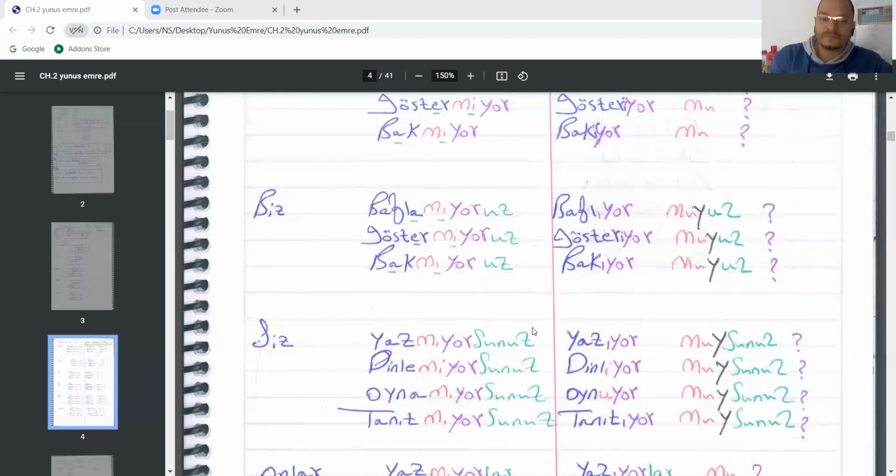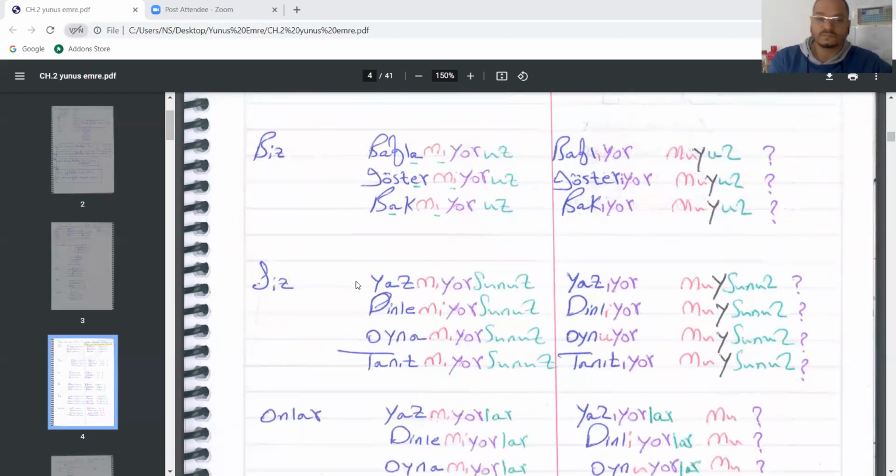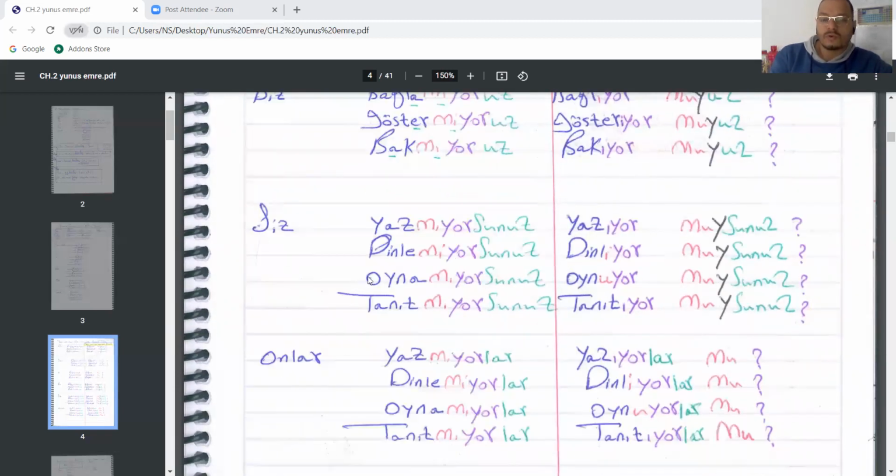For biz, I will put delta z, like I said before, and because yor here is constant, it will be yoruz, with uz. To be bağlamıyoruz, göstermiyoruz, bakmıyoruz. For siz, we put s delta and delta z with the constant yor. It will be sunuz, like that. To be yazmıyorsunuz, dinlemiyorsunuz,